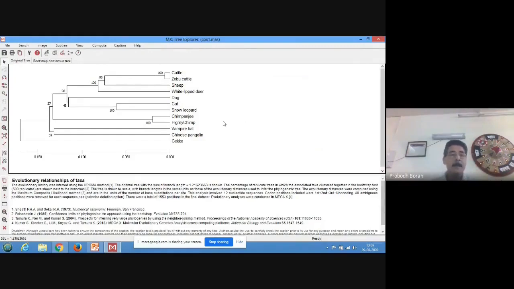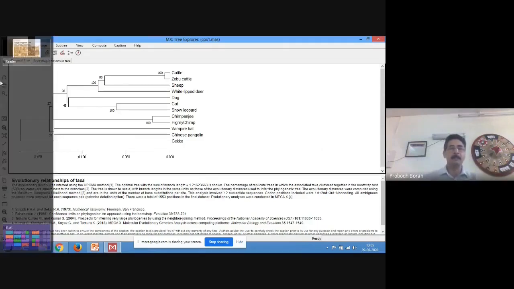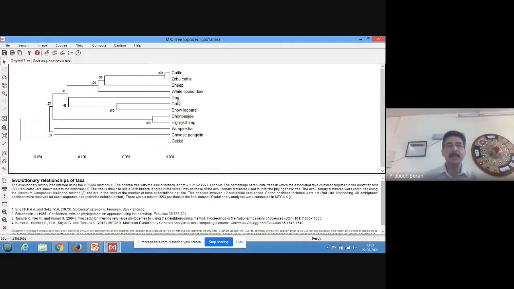You see here, the lowest score is 37, but the highest is 100. I think the scores are more reliable here because most of the related sequences are showing 100 or 80.